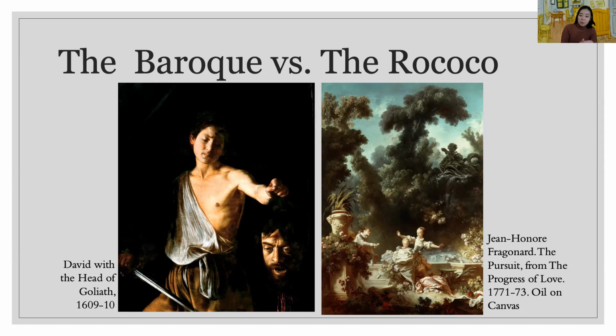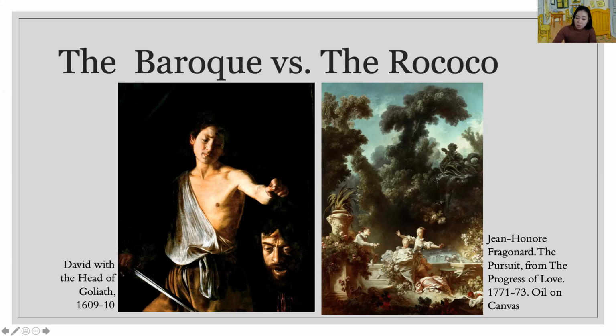All right. Most Baroque art described biblical episodes like this, and is also very heavy, dark, and serious.